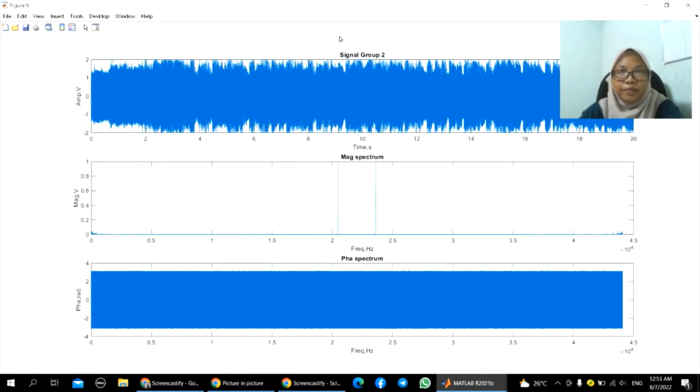As you can see, for the IIR data signal, the amplitude is 2 and the waveform is more